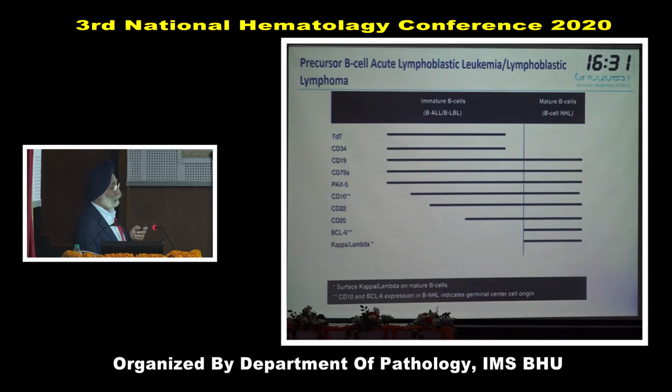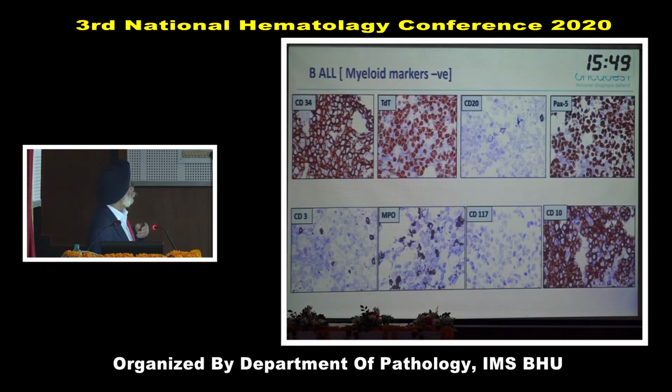Now this is just to give you an idea how the various antigens appear on the lymphoblast and then go on to mature B cells. Say for example TDT, CD34. Now these are present only in the blast cells. CD19 is present not only in lymphoblasts but also in mature B cells. CD79A, similarly PAX5. So these are the three markers which are very, very useful. CD10 is very useful because it is basically seen mainly in the lymphoblast, except also in follicular lymphomas where we come across CD10. And then CD20 is a mature B cell marker, and so are kappa, lambda and BCL6.